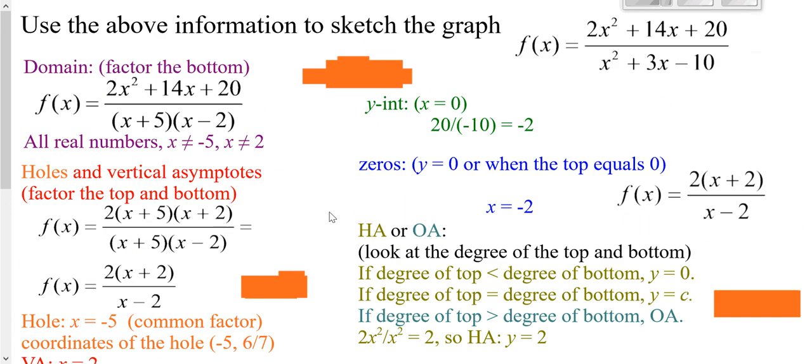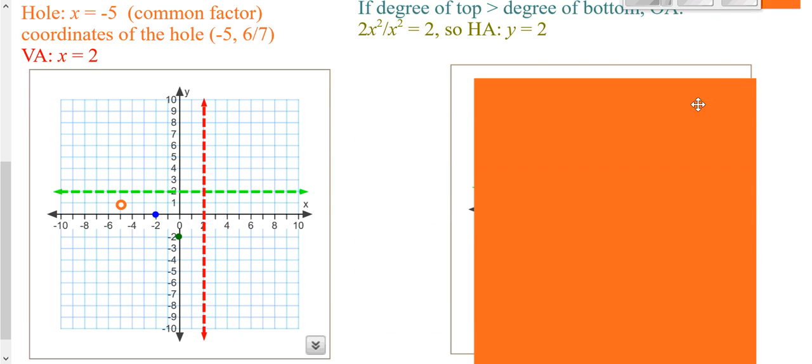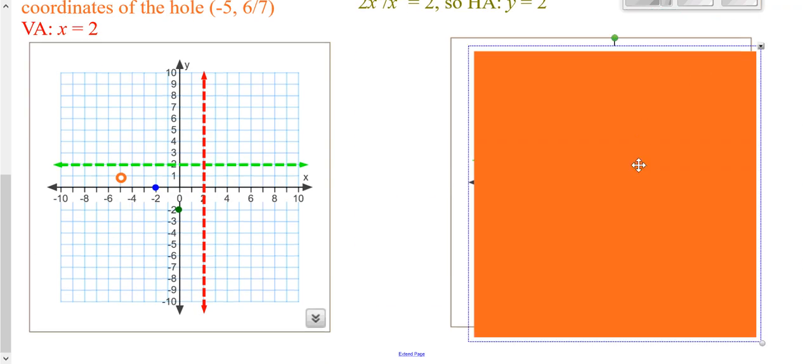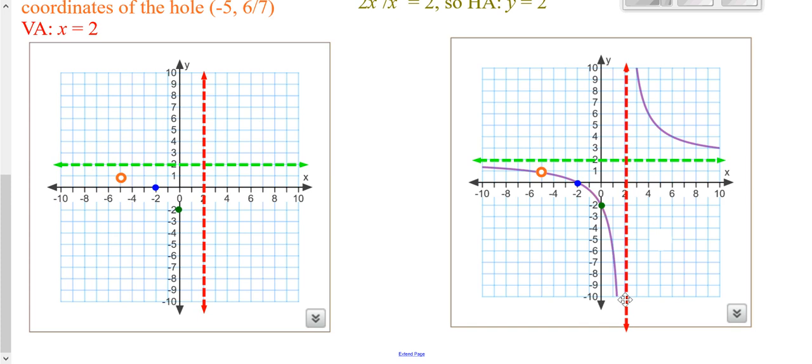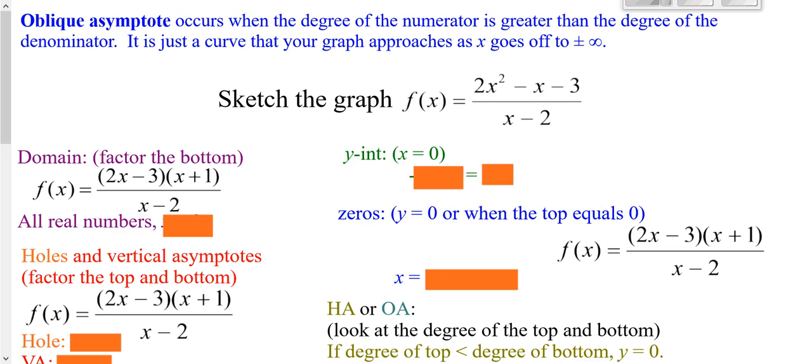Now go ahead, put this into your y equals. If you don't have the fraction feature, put the whole top in parentheses, hit divide, put the whole bottom in parentheses. And if you want, you can always go second graph and look at your table to get accurate points. And then you should be able to get this purple graph here. So for the most part, that's what you need to do to be able to go ahead and graph a rational function. We have another one to do here,